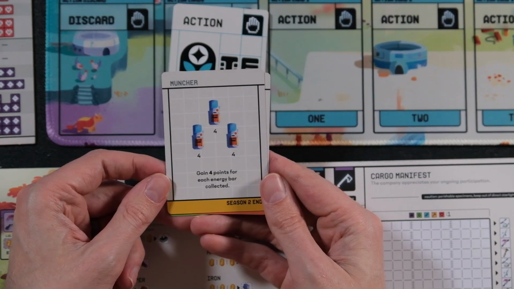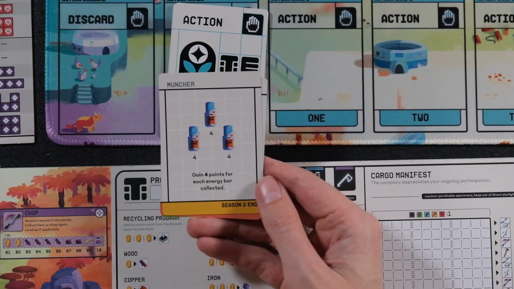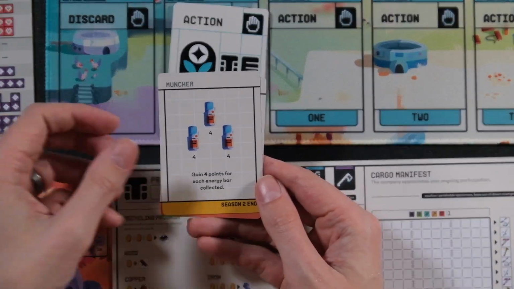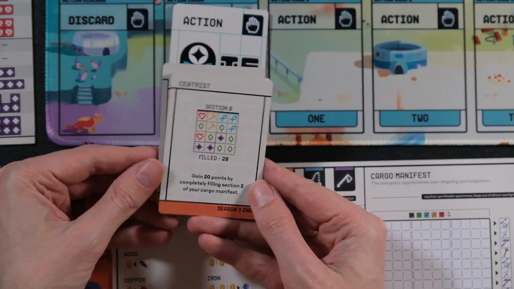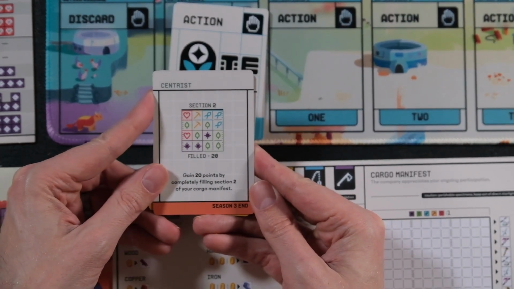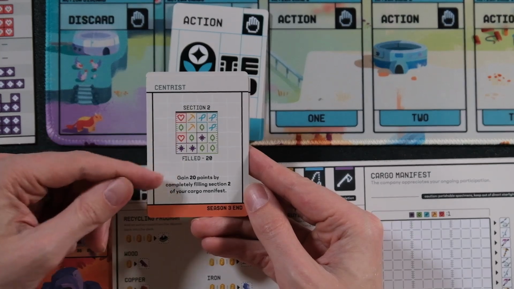Muncher, Season 2, gain 4 points for each energy bar collected. That is part of one of your maps, which is going to require 3 coins to unlock each energy bar. Energy bars give you 2 actions to be able to use for anything. And then the last one here, the Season 3, gain 20 points for completely filling Section 2 of your cargo